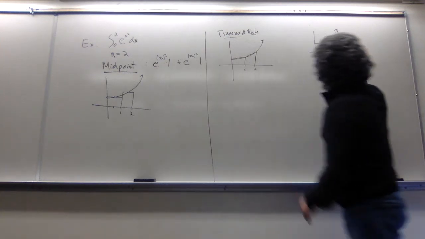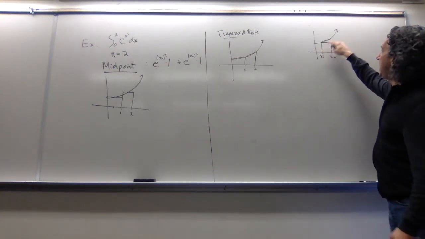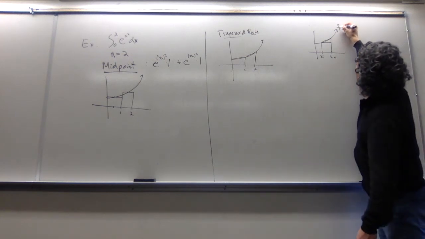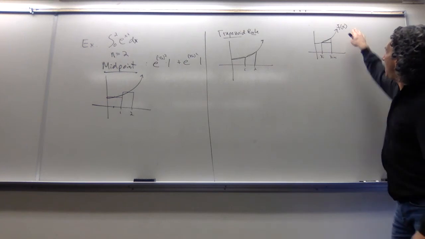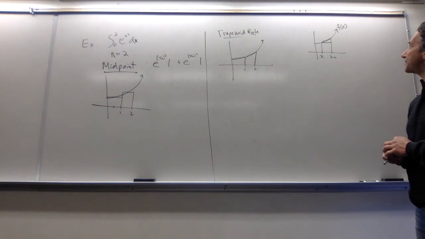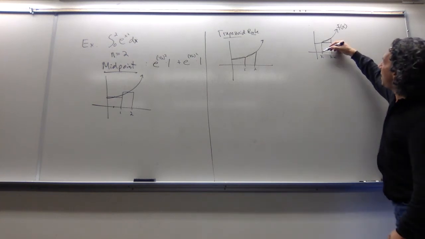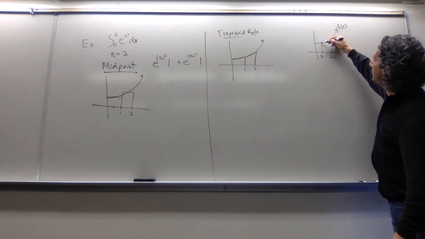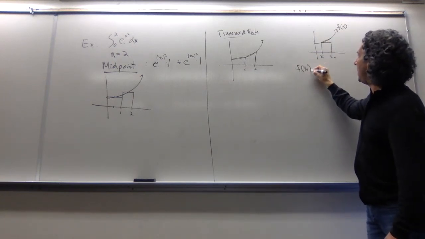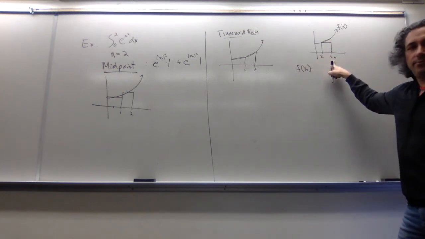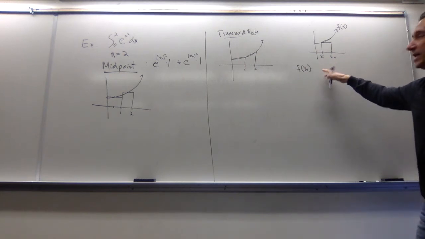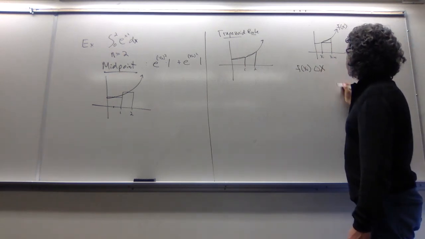So what is the area of this rectangle? What is the area of this triangle? So I'll give you a minute to try that by yourself, and then you can take a look at the derivation. Hint, I'm going to call this function f of x. Give that a shot. All right, so hopefully you said, well, this rectangle has a height over here of f of x sub i. So it's going to be f of x sub i times this distance. Well, this distance is x sub i plus 1 minus x sub i, and we've given that a special name in the course, namely delta x. So that's that guy.